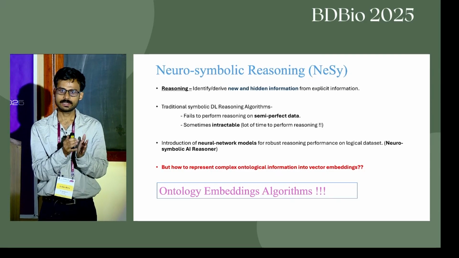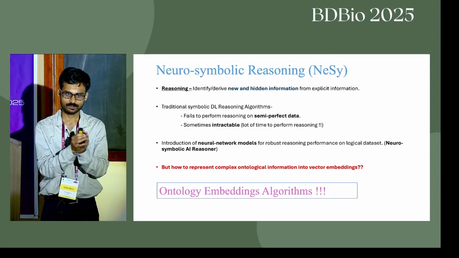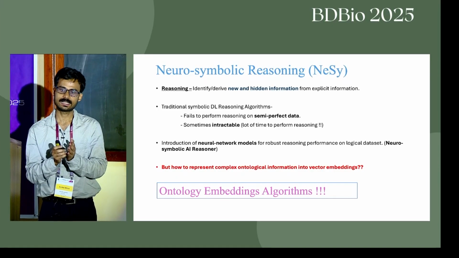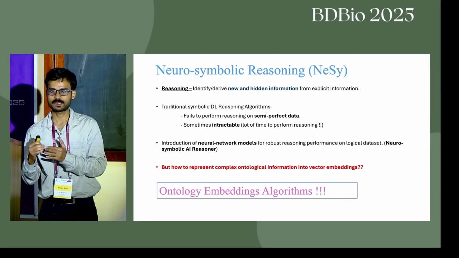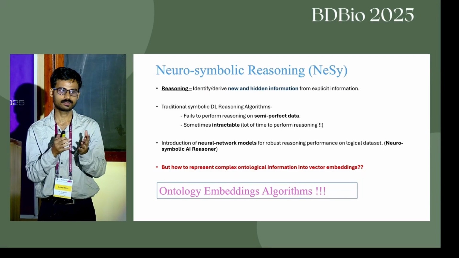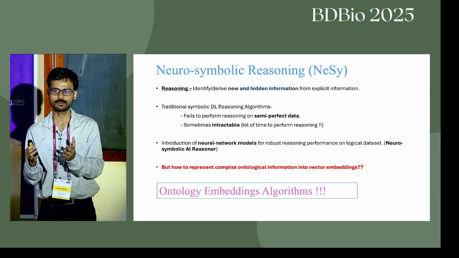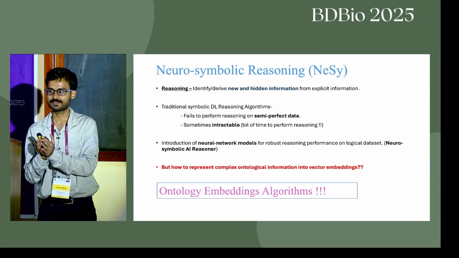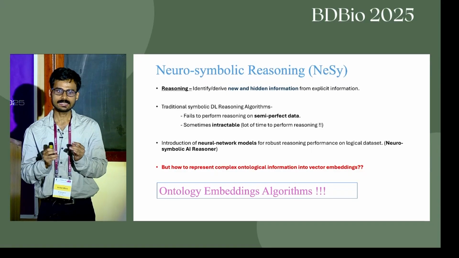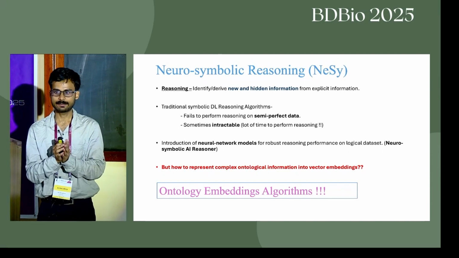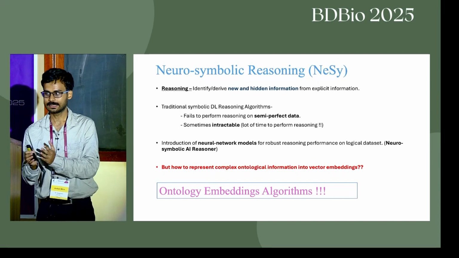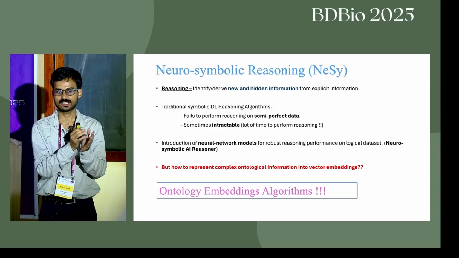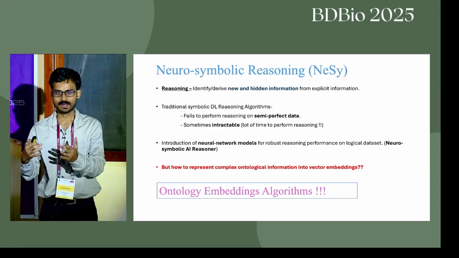Now, if we just express the ontological information in description logic and perform traditional symbolic reasoning, the problem is that sometimes these ontologies are semi-perfect. They are curated from different web sources, or there can be human error when they are curated by a human being. So traditional algorithms fail on semi-perfect data, it needs to be perfect. Secondly, the traditional algorithms take a lot of time to converge, that is to perform the reasoning. That's why the application of neural networks can enhance the performance and make it more